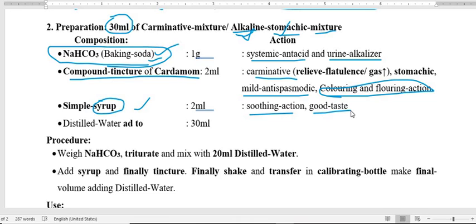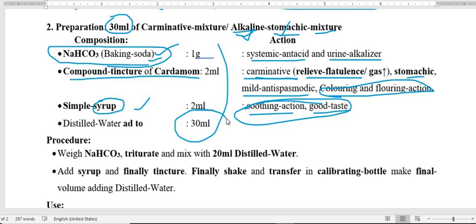Cardamom is a flavoring agent, so the patient who is taking it does not feel bad, and it is going to give the good taste. Not only that, this is a carminative, relieving the flatulence, and also stomachic, and the simple syrup has only a soothing action on the GI tract and is good in taste, so therefore it is used. And the final volume of 30 ml we are going to make by adding the distilled water,